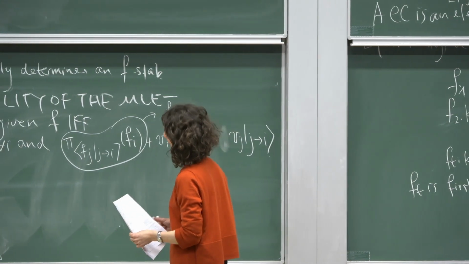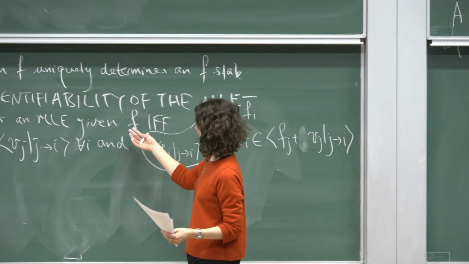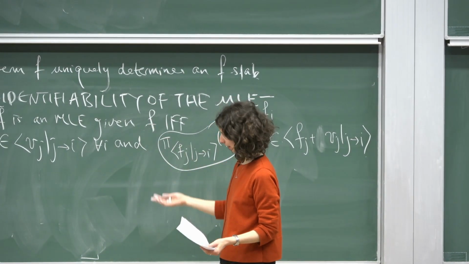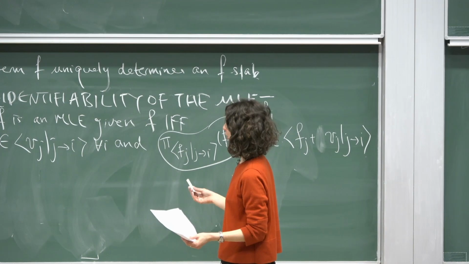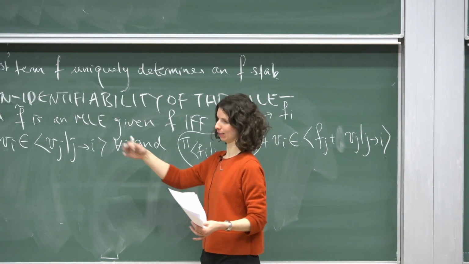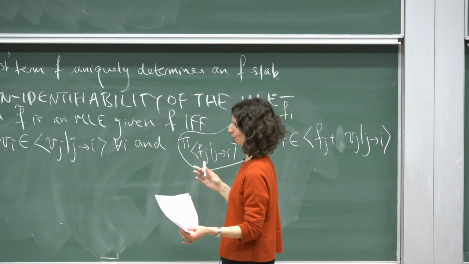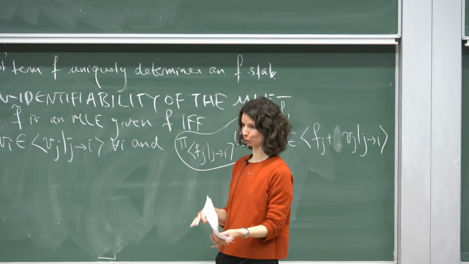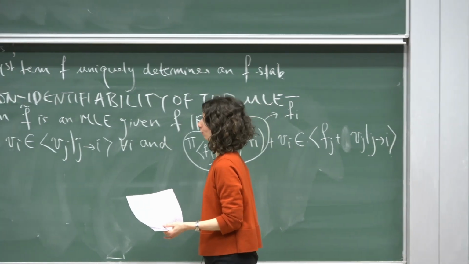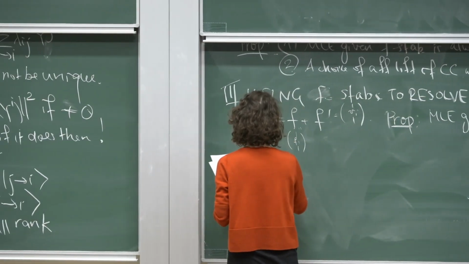So there are many questions once you have this proposition, which is, let's say that F has at least one MLE, you can ask which of the MLEs can be achieved as the MLE given a stabilization of that sample. Can each of them be achieved? Can just one of them be achieved? I guess we didn't really have an intuition for what the answer should be, but what's interesting is that for